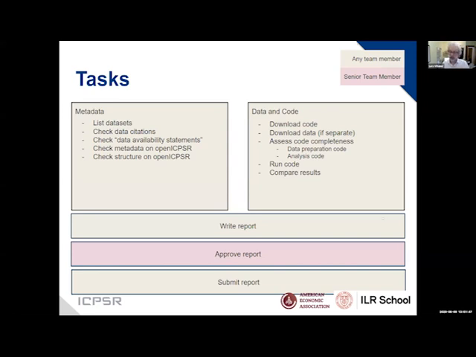We then actually download the code and the data to the extent that we can, and in most cases we can actually. We assess code completeness. So do we have everything? Do we have the code that goes from the raw data to the analysis data? Do we have a code that goes from all analysis data to every single figure and table in the paper? Right? Some authors provide us with some neat tables. Other times we have to go through the code and figure that stuff out.